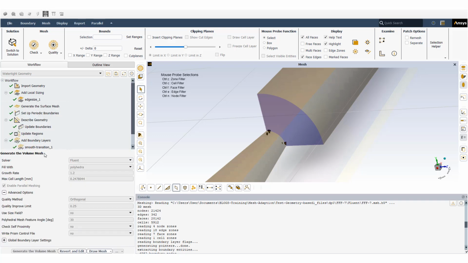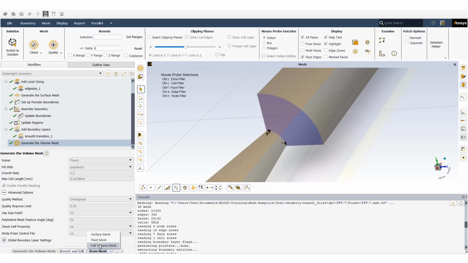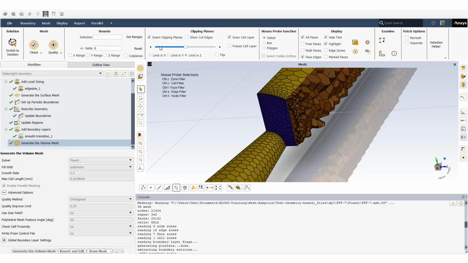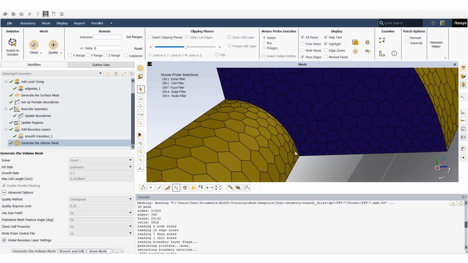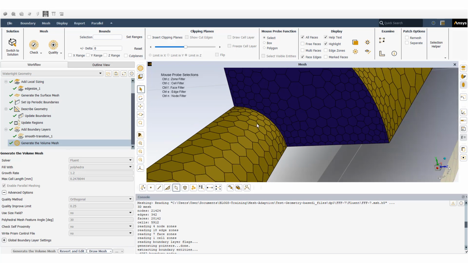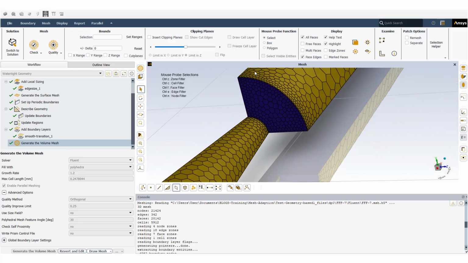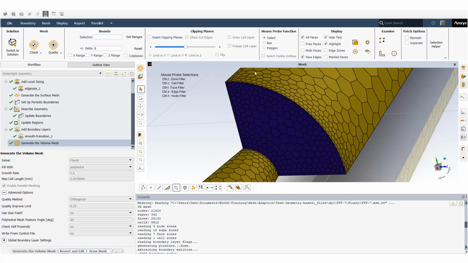So if I want to show the mesh, you can see it. Okay, I have 1 2 3 4 5 6 7 8 9 10 11. Almost it is like a refined mesh that I had before. I can have a little bit less refined, but we already learned that